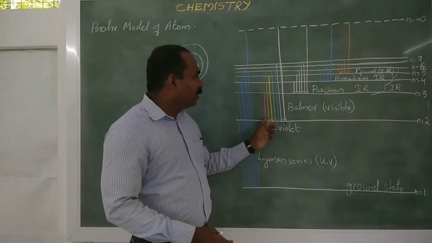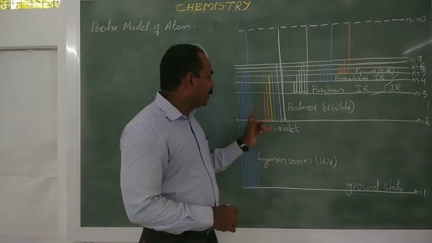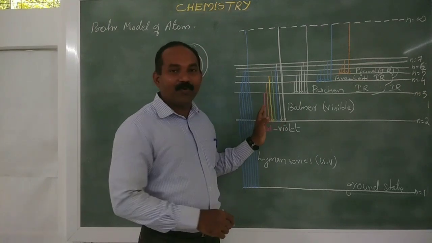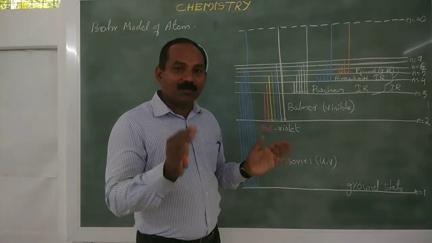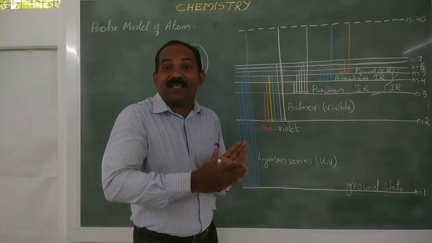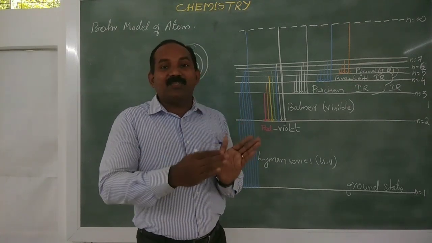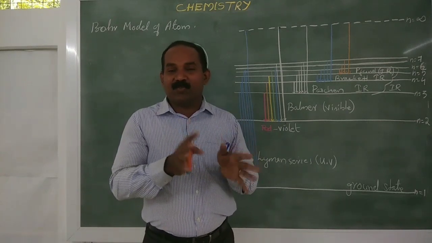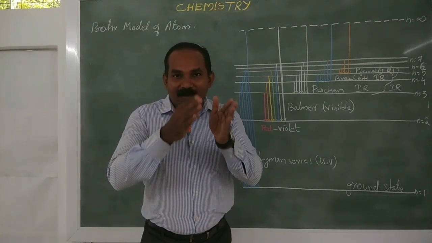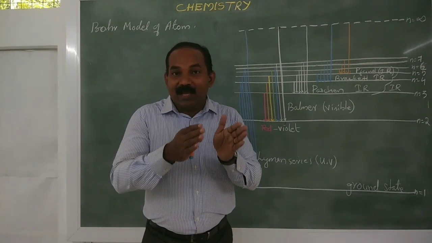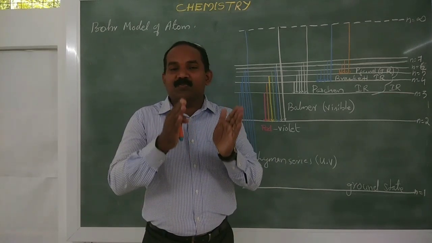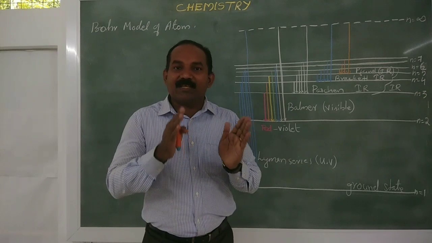I have only some colored chalk, that's why I draw the red, orange, yellow, blue, green, violet. The Balmer series lies in the visible region of the electromagnetic spectrum. Can you follow me? The Balmer series obtained lies in the visible region of the